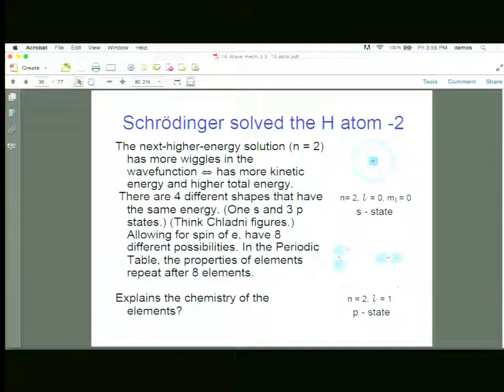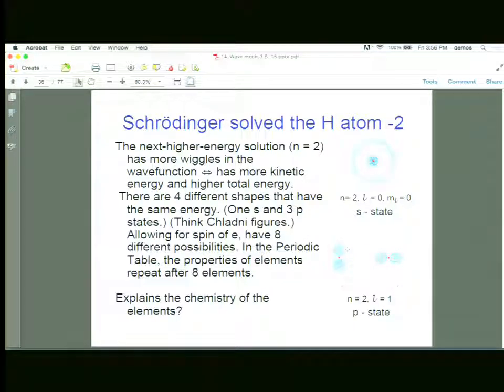And in this state here, it turns out that this peak is even further out, so that the angular momentum, again, is not equal to 0. In fact, the number is a little bit strange, but the total angular momentum is this number L times L plus 1 times h bar.